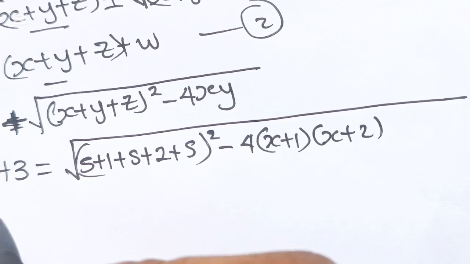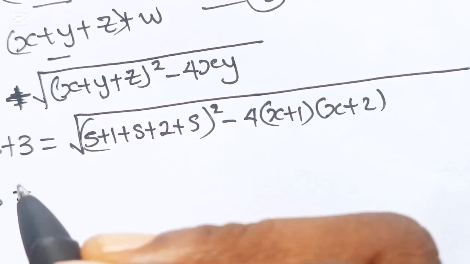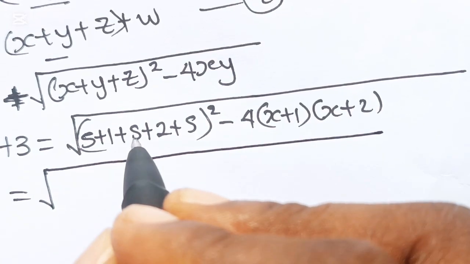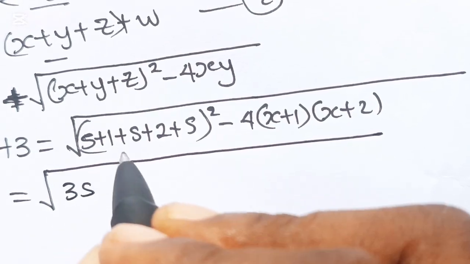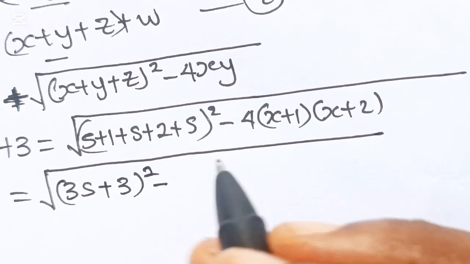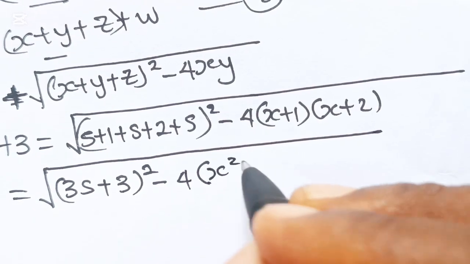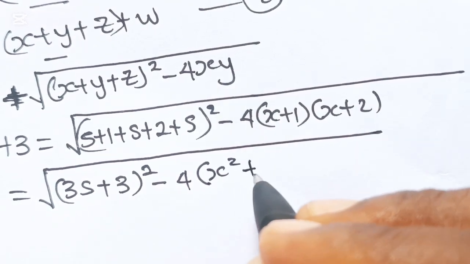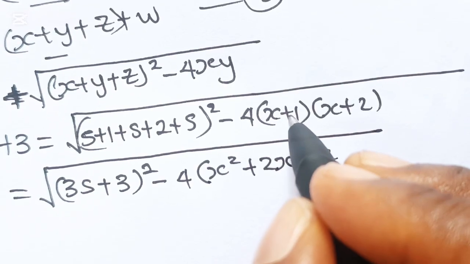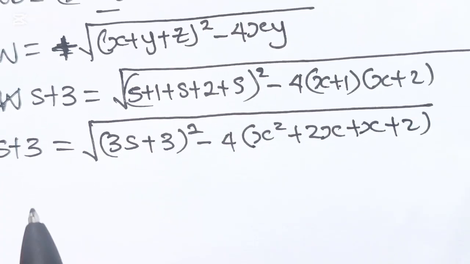Okay, so we have s plus 3 is equal to the square root of s plus s plus s is 3s, 1 plus 2 is plus 3, all squared, minus 4 bracket x times x is x squared, x times plus 2 is plus 2x, plus 1 times x is plus x, plus 1 times plus 2 is plus 2. So we have s plus 3